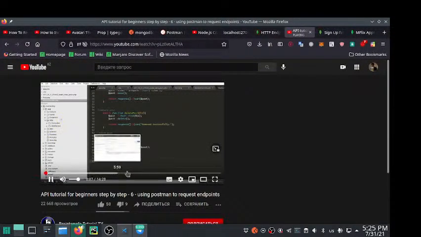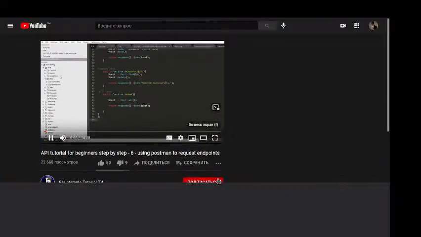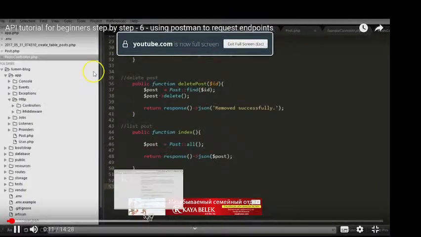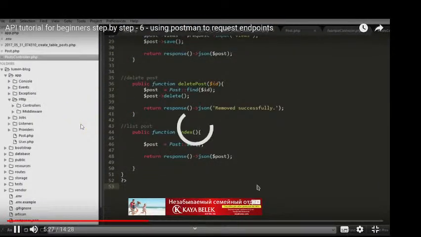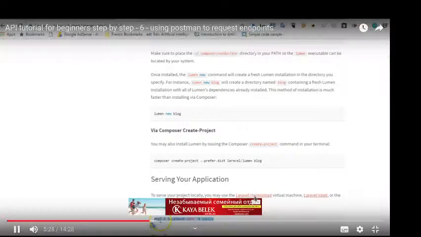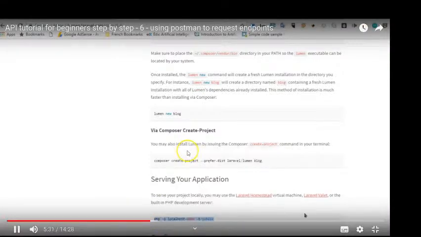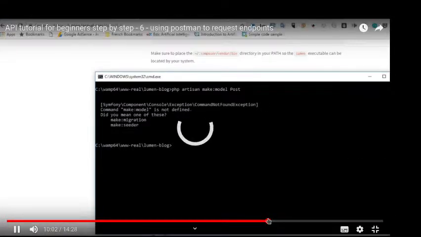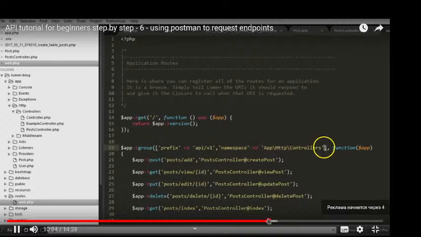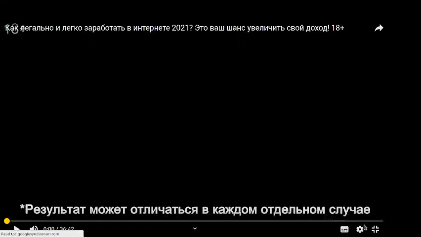And we're building a very robust microservice with Laravel Lumen. This is what you use to run your Lumen app. So I'll copy it. I'll go to my